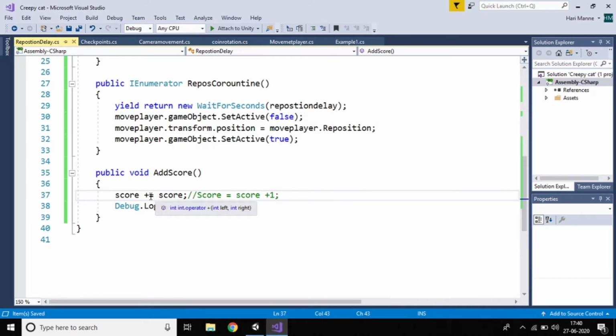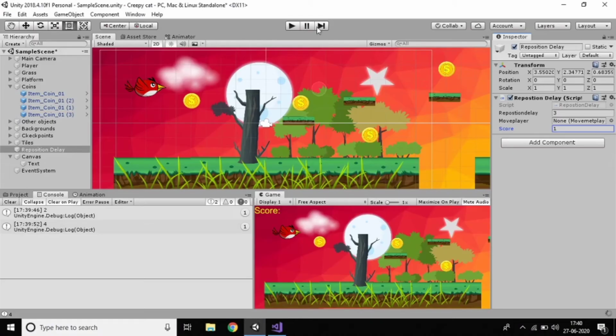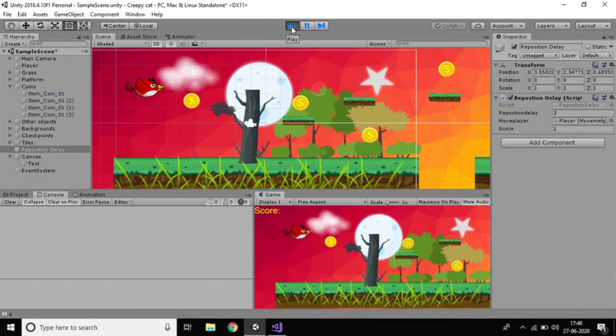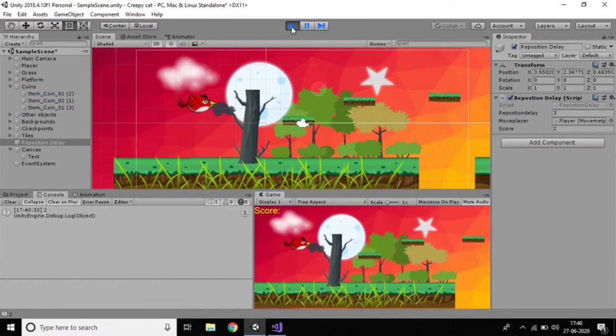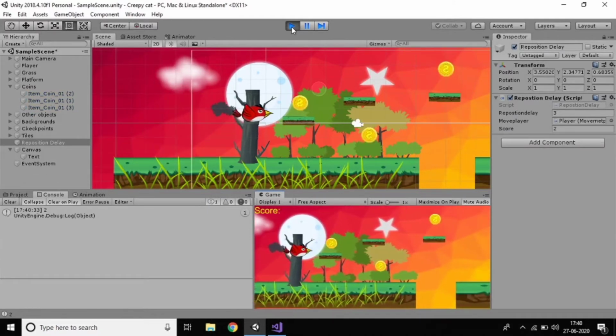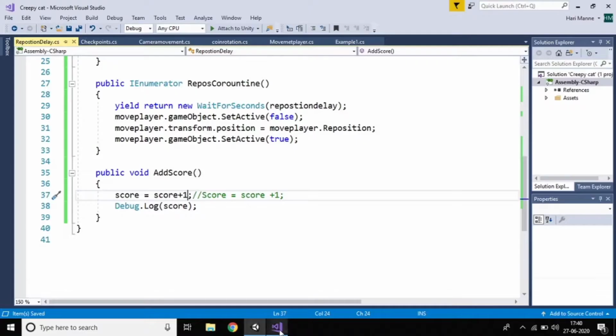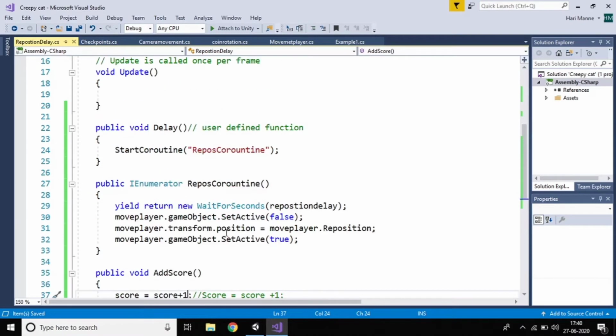So better to give this one, and we can see whether it's working or not. Just plus 1, just Control S, and now you can check how it was working. Of course it's taking from 2, because 1 is already there, so 1 plus 1 is 2.